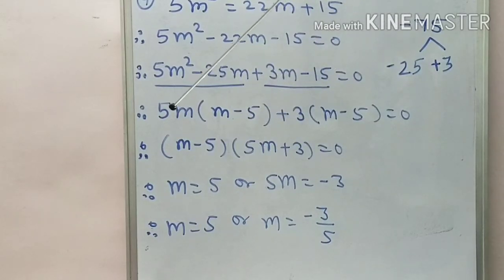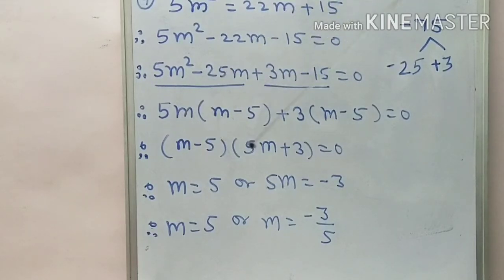From the first bracket 5m as a common, so remaining m minus, as we're taking 5m as a common, so 5 5s are 25 and that m outside, so m minus 5 are the remaining terms, plus the common is 3, so remaining is m minus as it is because outside is plus, and 3 5s are 15, so here we get again m minus 5, so always we get this bracket as common, m minus 5 here as common, and